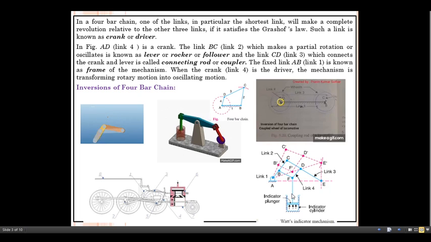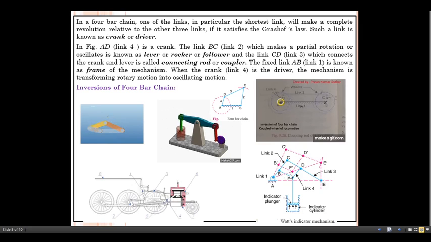You can see the fixed link at A. Then link AC is here, then link CE with us here, and link BFD. It may be noted that BF and FD form one link because these two parts have no relative motion between them. Links CE and BFD act as levers.